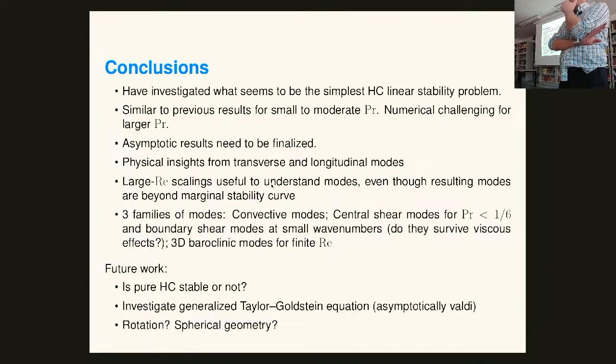No, that's a good question. We haven't thought about that at all. There's a whole separate community. I don't know to what extent they know anything about the mantle, which people often argue about. Well, there's also convection in the core. People argue it's driven by compositional accretion at the boundaries, etc. That becomes, I think, more similar to the kind of Rayleigh-Bénard stuff that I mentioned at the beginning, because people like Steve Tobias have these ideas that you have to think about moisture and then you get condensation. So I don't think we're anywhere near thinking about that difference between the horizontal and the vertical. We haven't thought about that. That's a really interesting question.